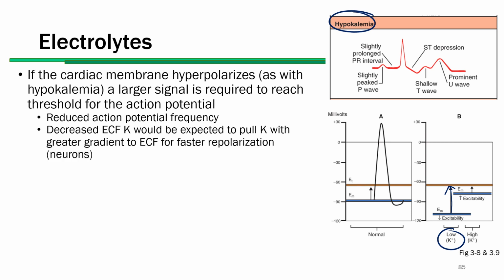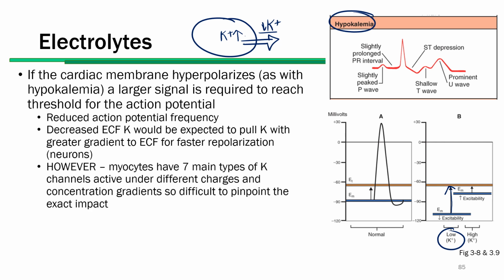A decreased extracellular potassium would be expected to pull potassium with a greater gradient to extracellular fluid for faster repolarization. Think about what that means. So if I have lower potassium out here, and I have potassium in here, you're thinking, okay, well this is really low, so that means this is a bigger hill. This is really high, it's normal. But that makes it a bigger hill, so I'm going to pull that really fast out of here and repolarize that like crazy. That's what you would think would happen, but